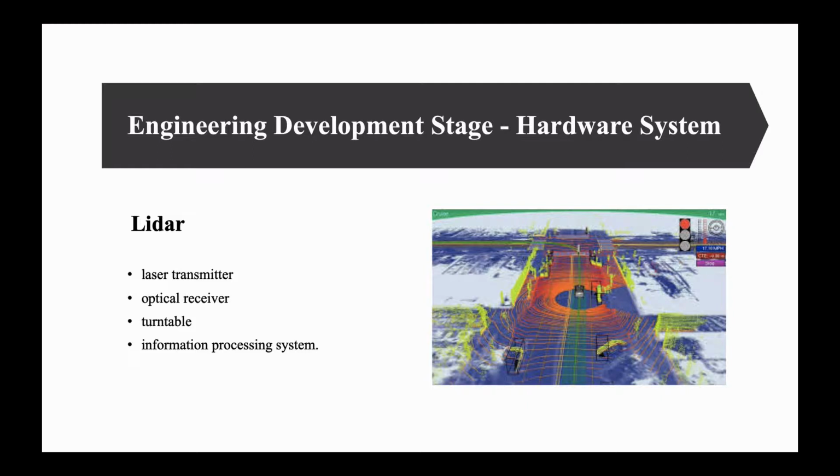As mentioned in the concept selection phase, the positioning system is selected and lidar is the component in the hardware system to collect point cloud data in real time, perform object recognition and tracking tasks during driving for obtaining a high precision map. Lidar is a collection of laser. It is composed of a laser transmitter, optical receiver, turntable, and information processing system. It integrates global positioning system and inertial navigation system for obtaining cloud data to build 3D models and generating accurate